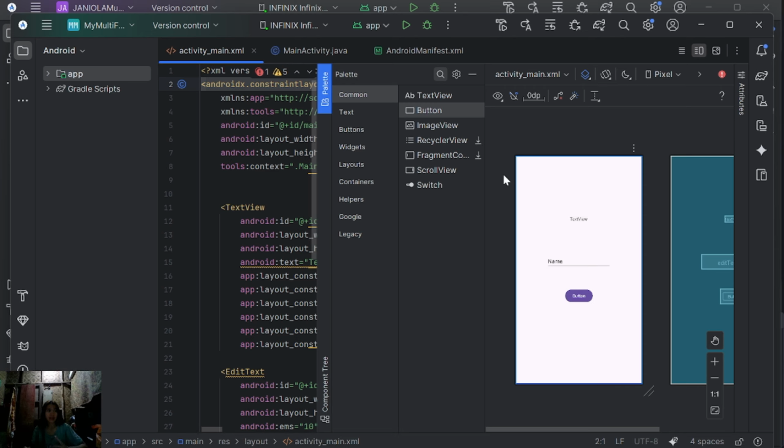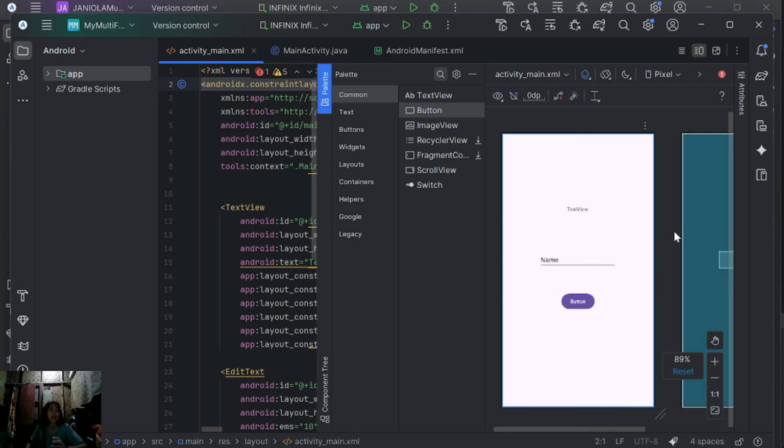So this layout displays a title, a text box, and of course a button neatly centered on the screen. I learned that using proper constraints and spacing makes the design cleaner and responsive on different screen sizes.